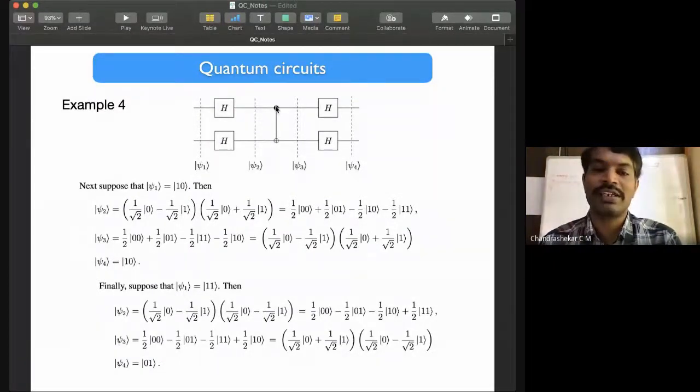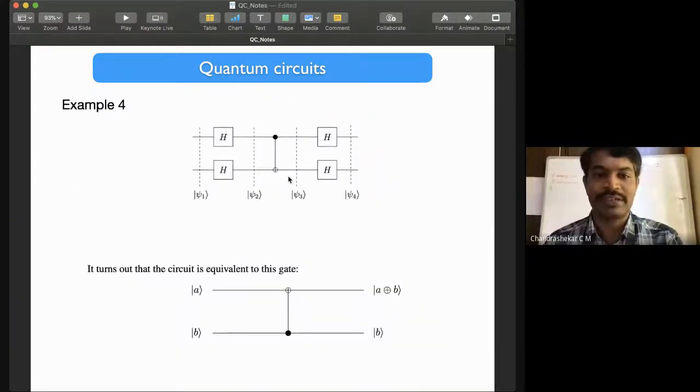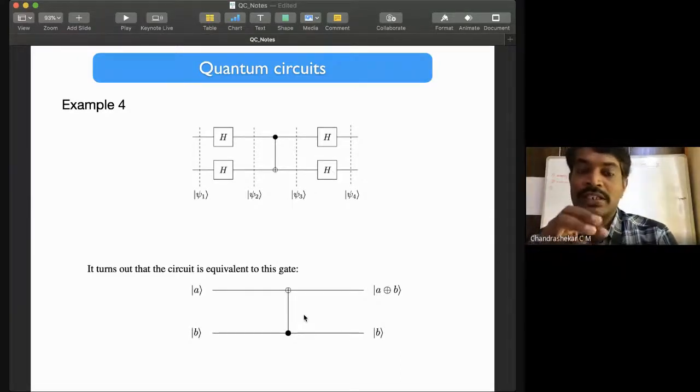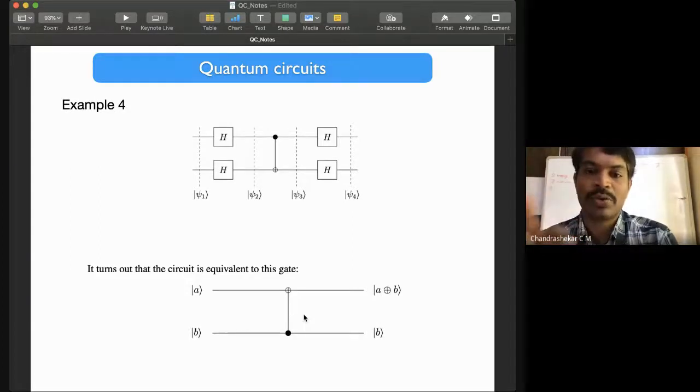So if you're looking at this, control NOT gate changes the second qubit depending on the state of the first qubit, but this whole operation does simply this. We have a Hadamard operator, control NOT gate, and a Hadamard operator on both of them, and it does a reverse of it. Now, this is actually very important in today's quantum computing era,